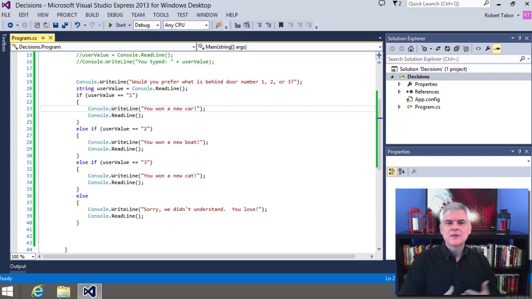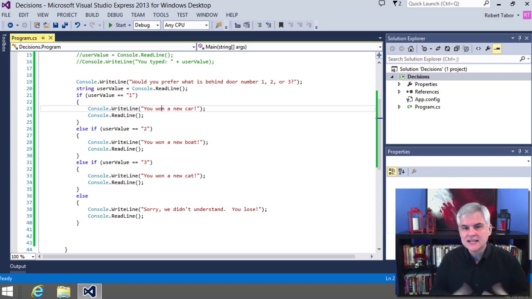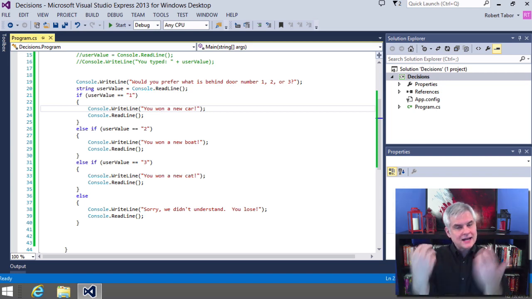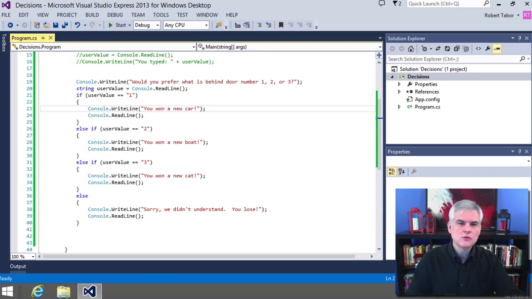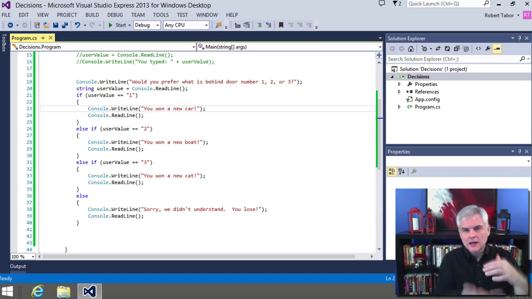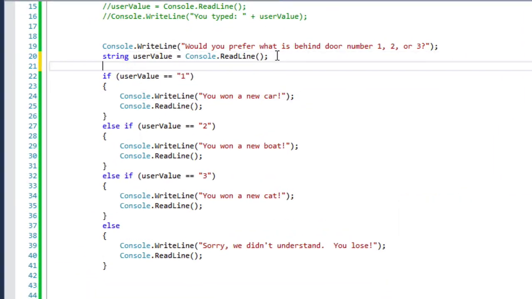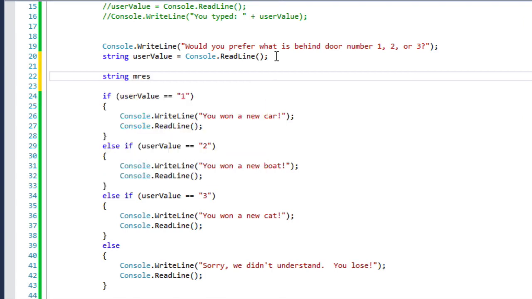But in this case, we can see that each code block in our if statement has essentially the same commands. It has a console.WriteLine and a console.ReadLine. So we simply need to extract what's common and focus on what's different in each of these code blocks. So let's rewrite this code now to simplify and make this code block a little bit more compact. All right, so I'm going to do the following here. Start here and go string message. And then